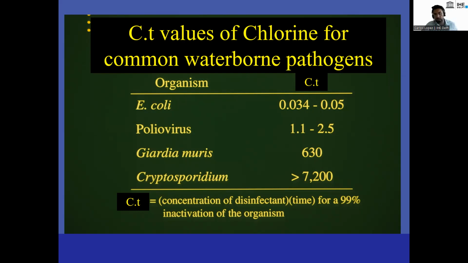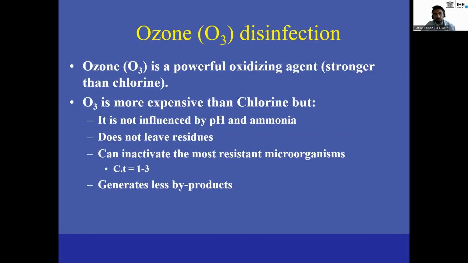Now, chlorine is quite strong, but its use is not that suggested anymore because of the formation of some products that can be carcinogenic. So another disinfectant that is suggested is ozone. Ozone is more powerful than chlorine, but it tends to be a bit more expensive. Yet, despite that it is more expensive, some of the advantages of ozone is that the effectiveness of ozone is